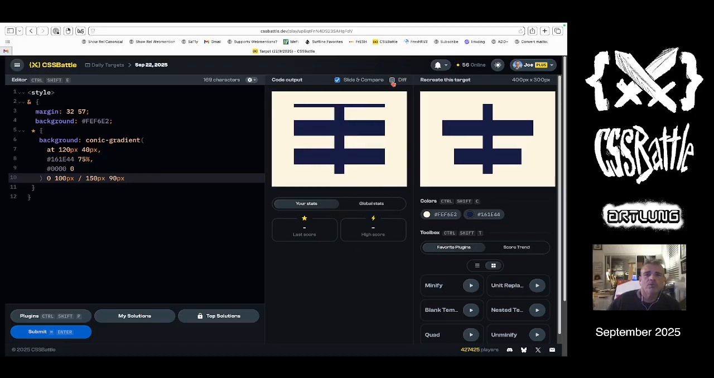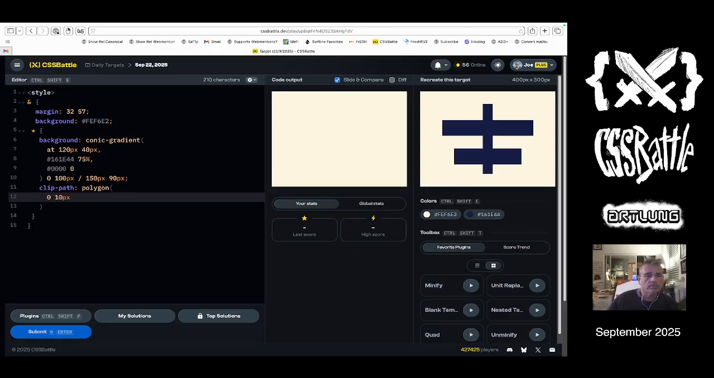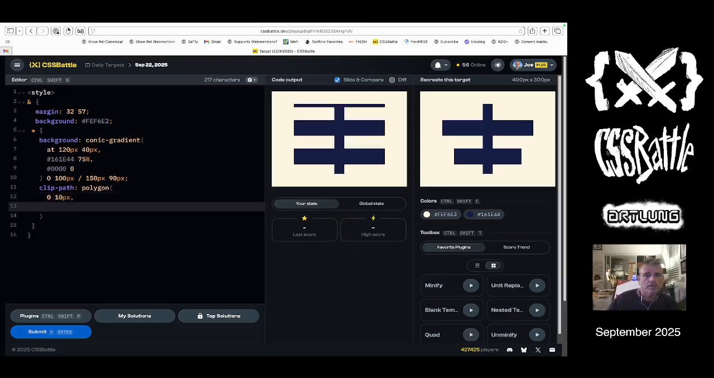So what? That is not a pattern. That is frustratingly not a pattern. I'm so irritated. I'm irritated enough to do a clip path. So we start at 0, 20 pixels, to 100 pixels, 10 pixels, to 100 pixels, 0, to 120 pixels, 0,